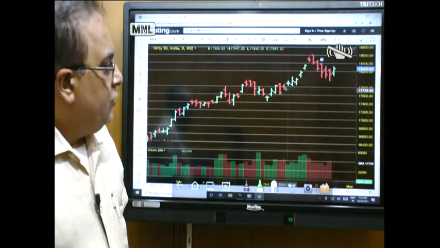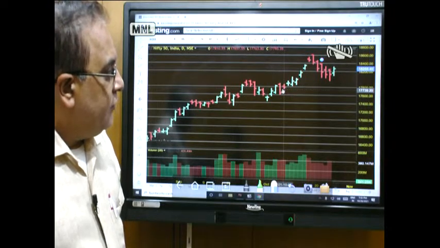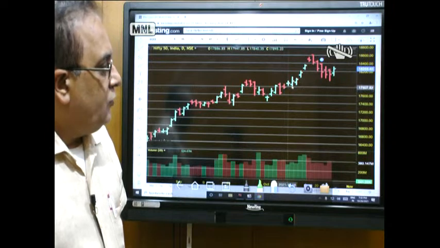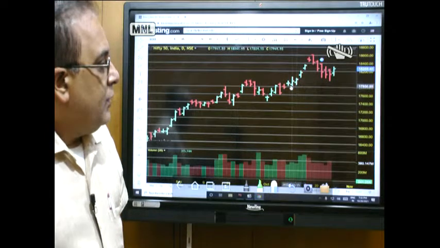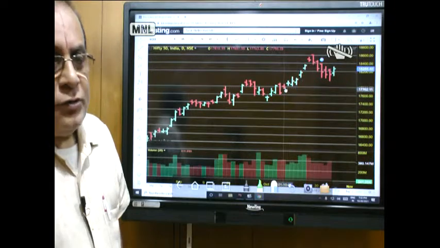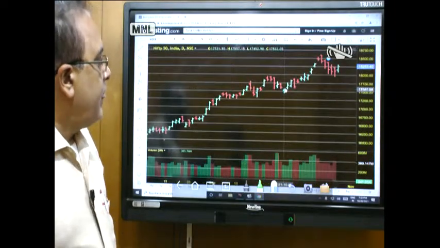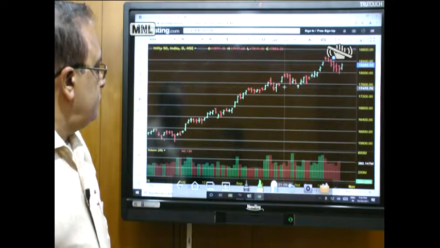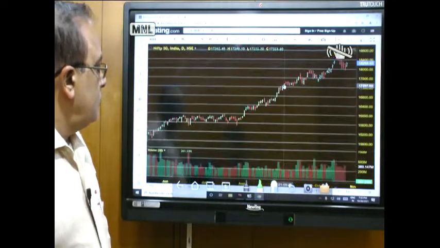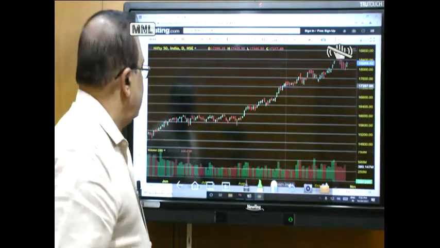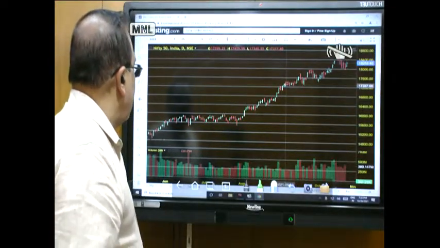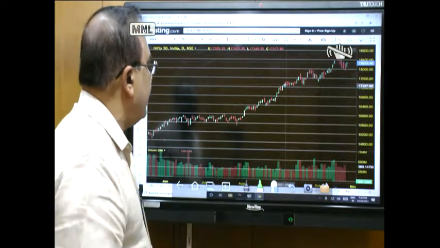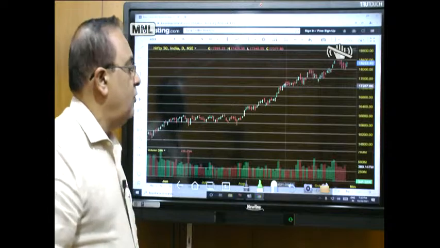Because it's an inside day, the price action is within the previous day's price action, and once this inside day high is broken, you can carry forward this trade, keeping this particular day itself as a stop loss. So this is an inside day for you. Getting inside days is generally not much we can get on an inside day. So whenever we get that pattern, we can trade on inside days.